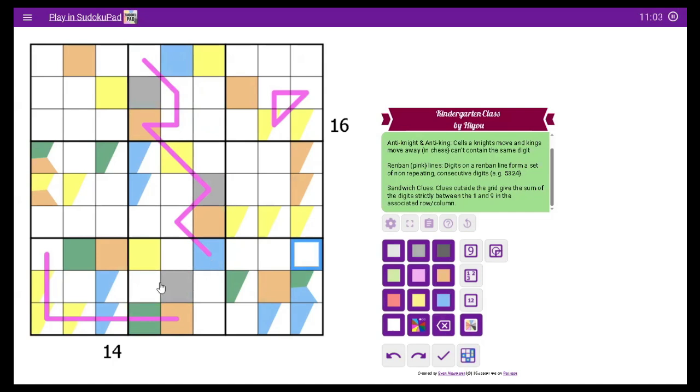It's very, very restrictive. So now, gray is forced to be in one of two positions here. And likewise, gray is forced to be in one of two positions there,